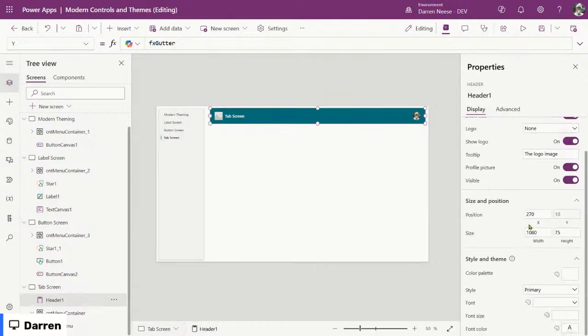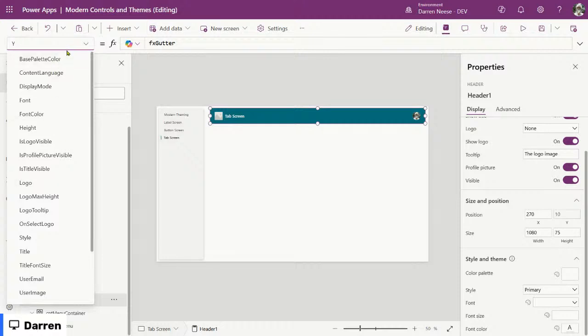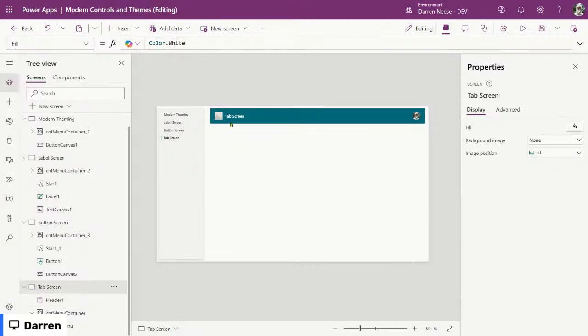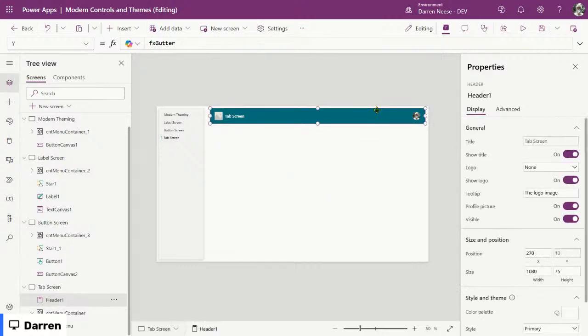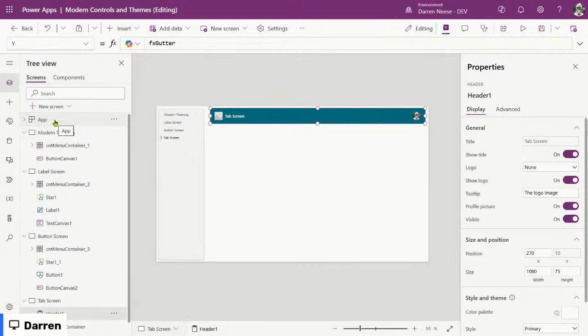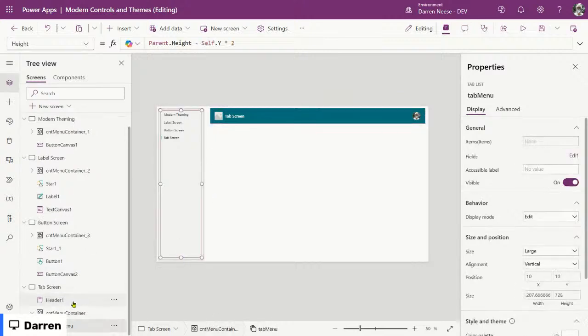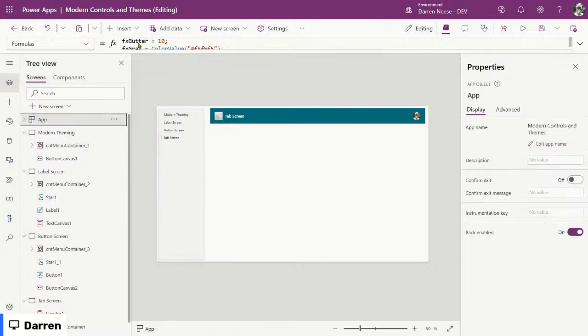The property I was looking for was the border radius. Do we have any type of border radius? You know what? We could do that with yet another container and have a drop shadow. And I sort of want to do that. I don't want to spend a lot of time on that though. So let's go up here. I'm going to go to this container that has this. Okay, I'm going to copy that